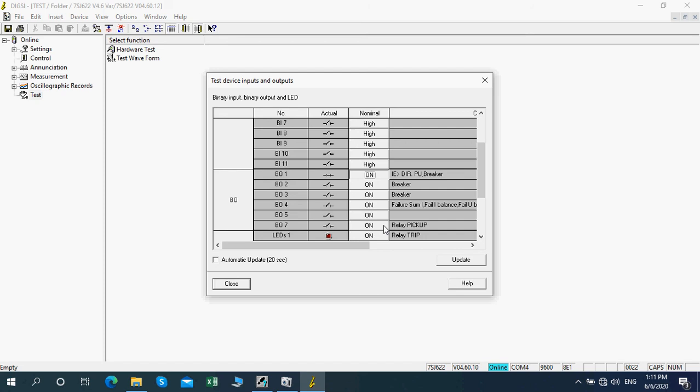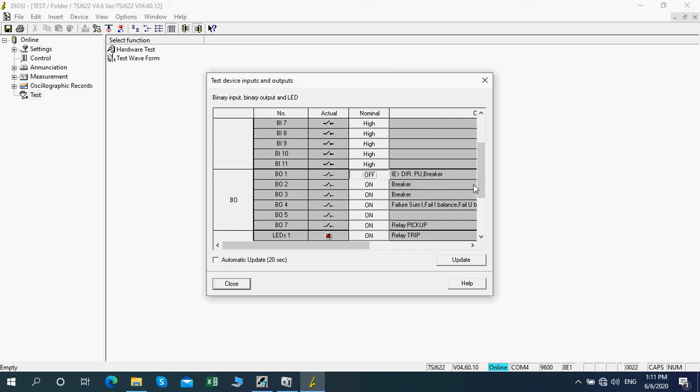I heard some sound from the relay, so it is already on. How do you check? Just keep the multimeter at the backside of the relay, on the corresponding terminals. For example binary output 1, it may be P1, P2 or P3, P4 or E1, E2, whatever terminals are mentioned in the drawing. Just keep the multimeter in buzzer mode, you will find it. Like this you can do it for all the relays, for all the binary outputs.